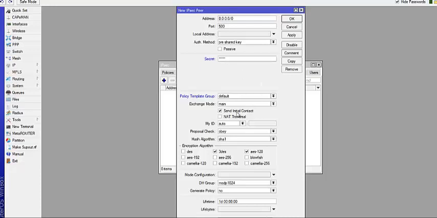So here the NAT traversal is here, check it. Then here for authentication, make sure you're using the same thing with what you used there. So mine was MD5, so I'm using MD5 here. So here I use Camellia 128. So I'm going to check it. Having done this, I'll apply and I'll OK it.